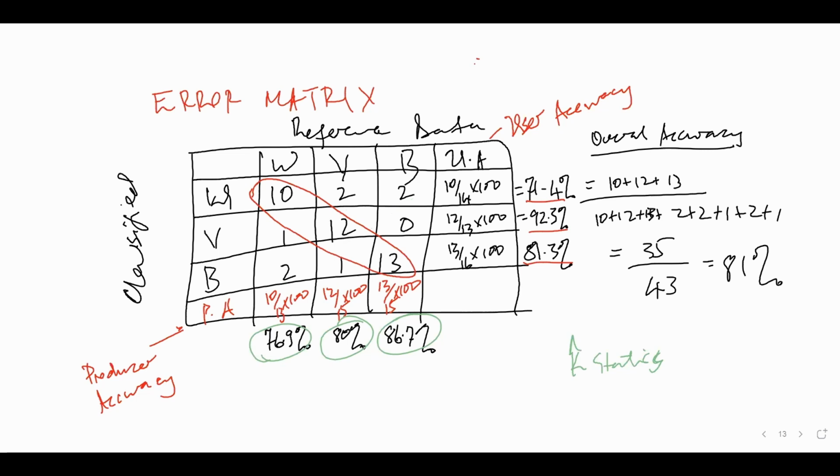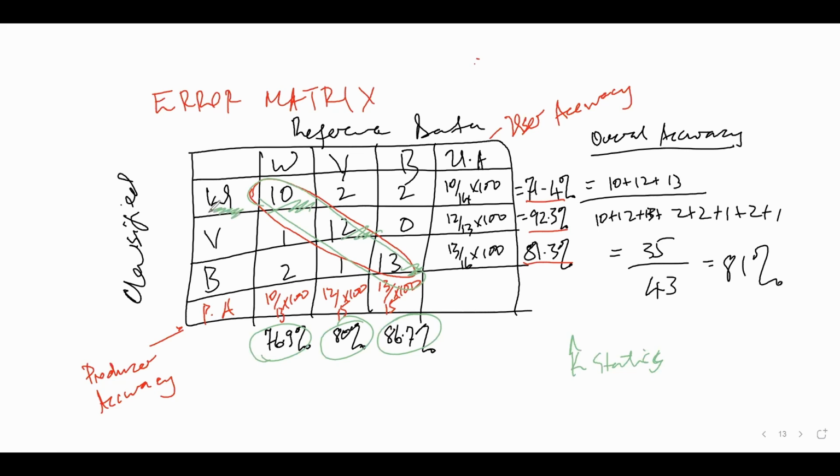It doesn't give us anything valuable. This is specifically showing us correctly classified pixels. So this diagonal is showing us the pixels which were classified correctly in comparison to the reference data. So that's why we're interested in this diagonal. Anything off diagonal refers to wrongly classified pixels. So the diagonal shows us